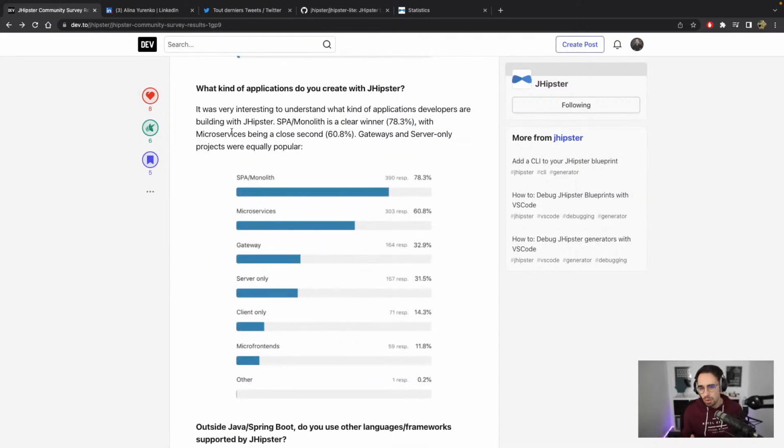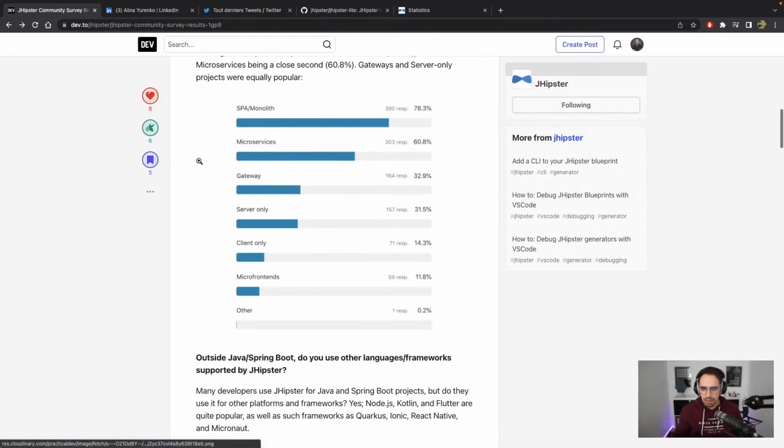You can choose to generate monolith or SPA, let's say monolith application. And you can also, in the same company or the same team, have microservices. Or let's say server only or client only application. So it's not one solution versus another one. Everything can be used for different needs, and to have a complete solution that will work with all our business needs. So I'm not very surprised that monolith is the first solution,